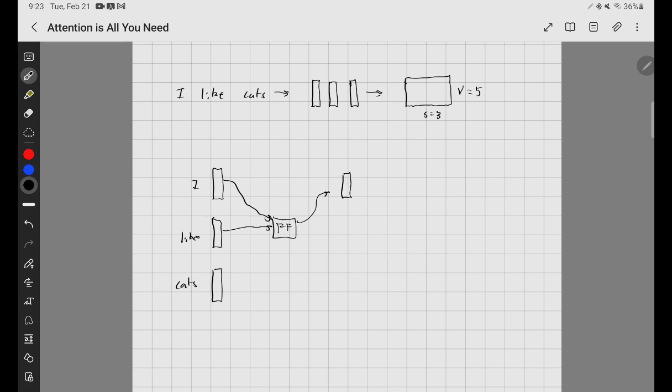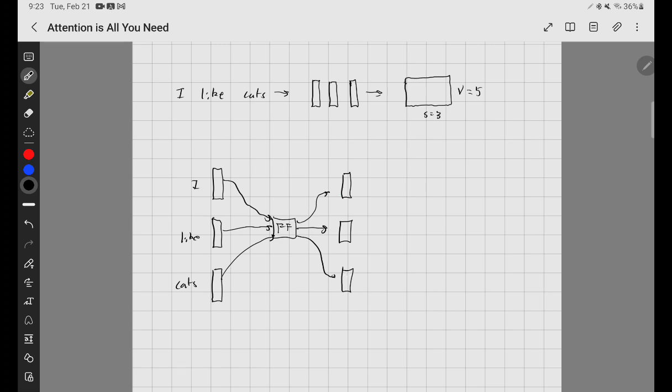So the word I will have a new representation, the word like will have a new representation, and the word cats will have a new representation. But there is no cross representation. The word cats has no idea. It doesn't know anything about the word I. The word like doesn't know anything about